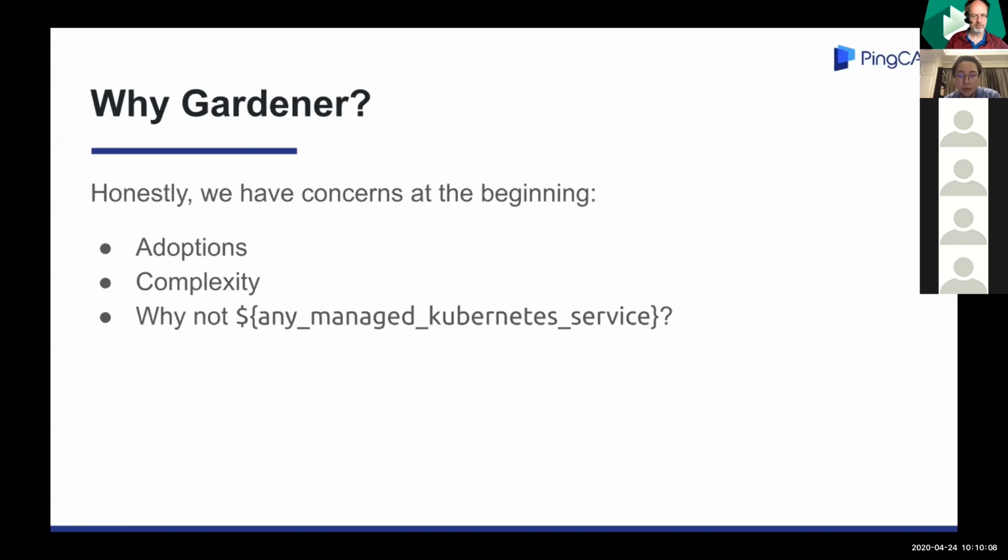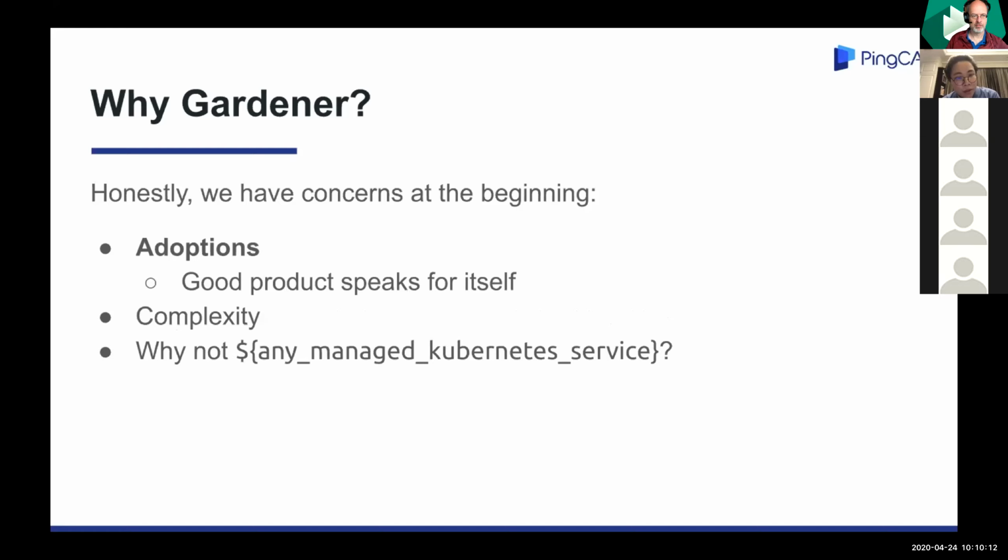These concerns are soon eliminated when we get familiar with Gardener. First, about adoption, we think a good product speaks for itself. Once we get familiar with Gardener, we quickly notice that the concepts are really similar to Kubernetes, and we can understand that Gardener is highly extensible, and also it provides a unified and beautiful abstraction